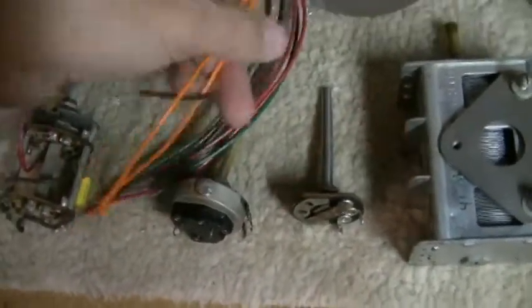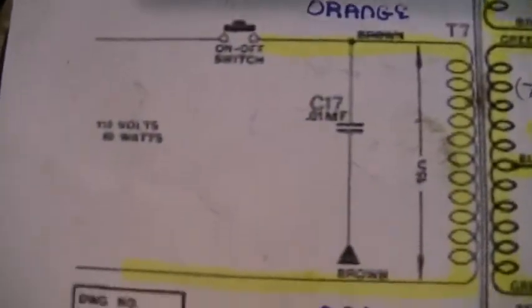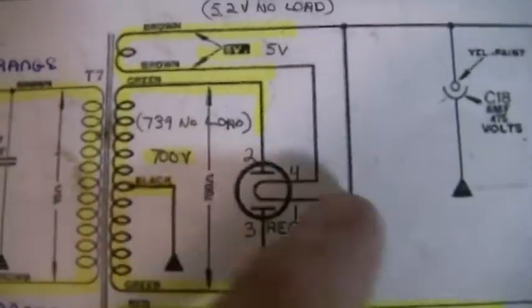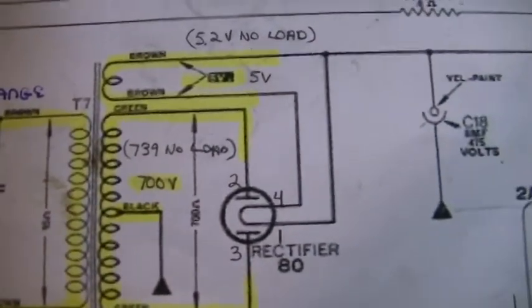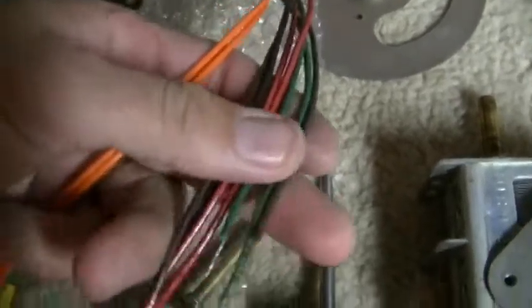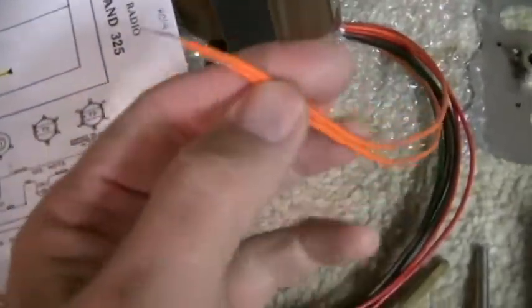So interesting to note on the schematic, they originally used brown wires to the primary. You can see there it says brown, and you can see I've got orange, because the reason I did that was when you come over to the secondary, there were also two brown wires, and those apply the heater voltage for the 80 rectifier tube. So I didn't really want to take a chance. I would have had to have some way to mark them. I didn't want to get confused, so I made my new primary side wires orange,